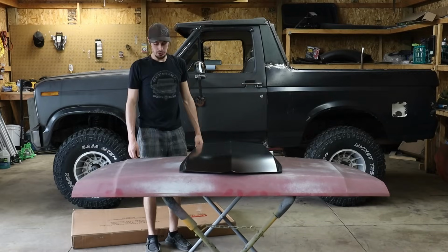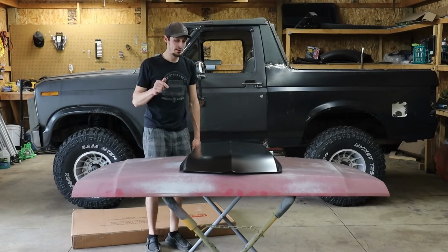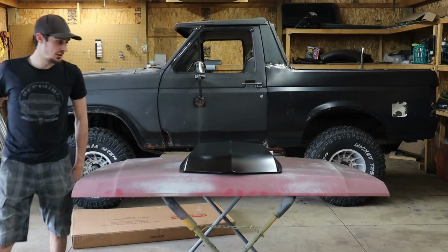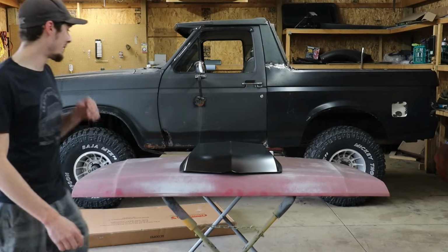And it's a little long. Good thing we got a cutoff wheel, we'll hack it down. But I think you guys can see the vision here. Besides, see a little dent right there, a little bent up. But